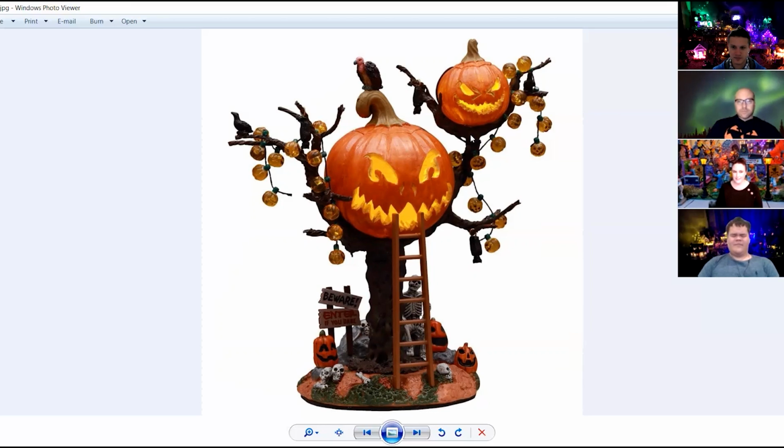Ryan, this may be a bit obvious, but this tree lights up, right? It is. It's a battery operated piece. Okay, yep, all right. That's cool. That's what I was going to ask. Is it double A? Because I don't see the cords or anything. Yeah. No, this one,